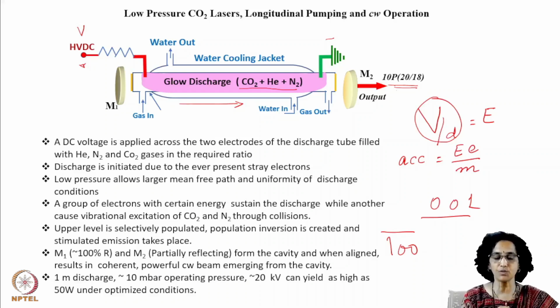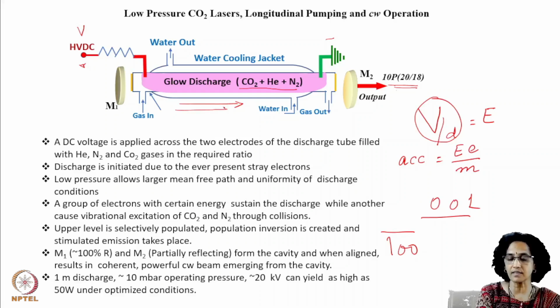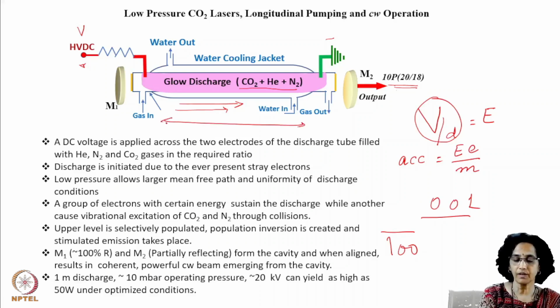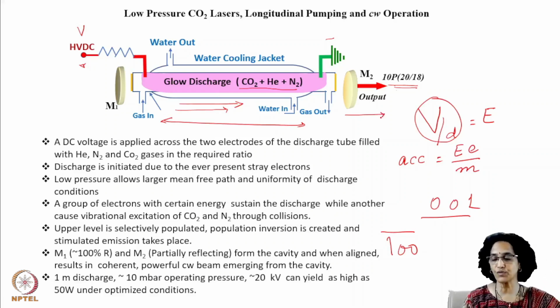So when a population inversion is created, then stimulated emission sets in from spontaneous noise, and the photons which are emitted through stimulated emission and that are along the axis of this resonator cavity undergo back and forth oscillation between the mirrors, and a part of this intracavity flux is released as the useful output.